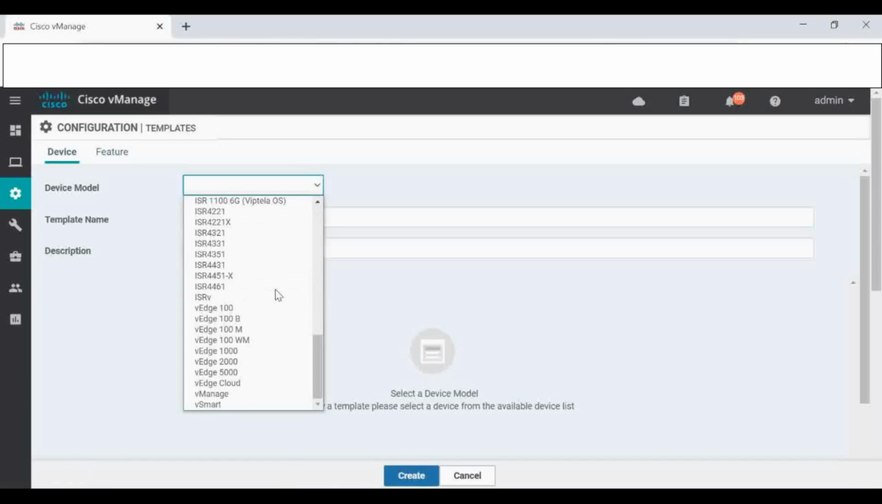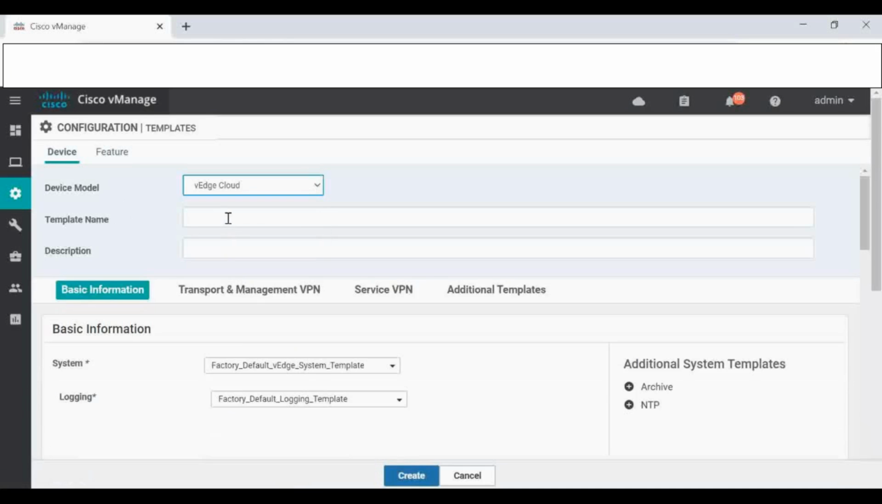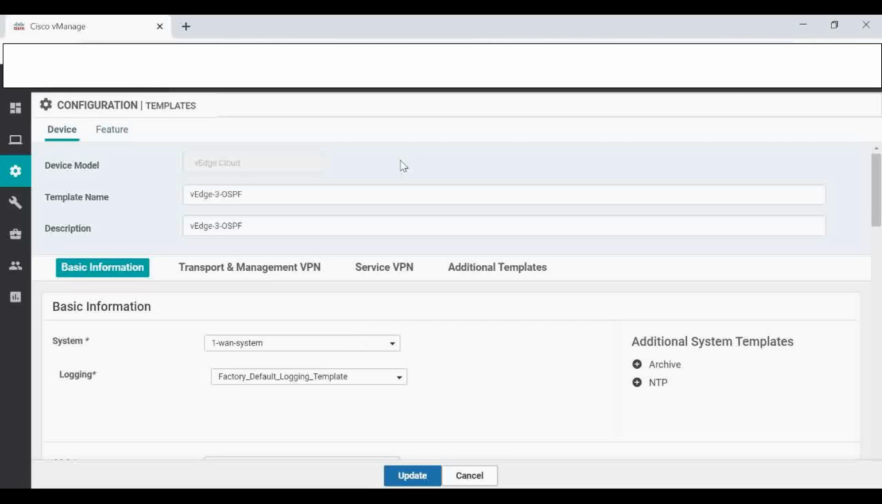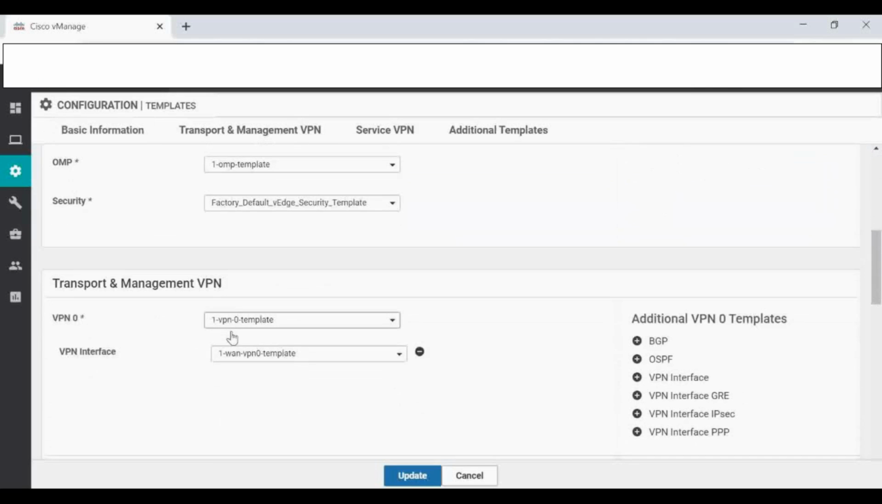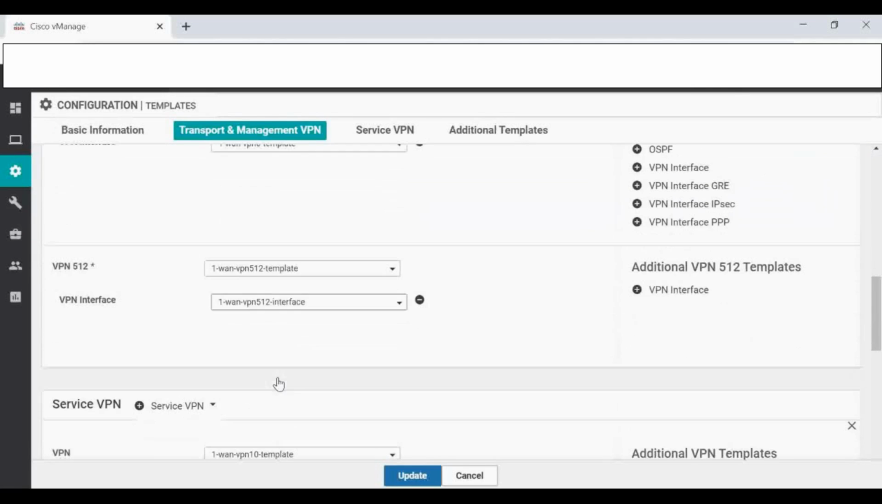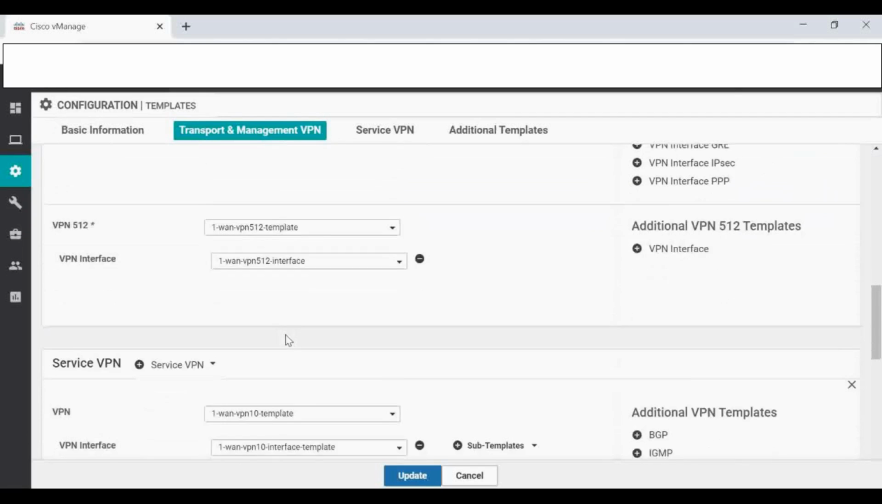So now I'm going to create a new device template for putting OSPF into your VH3 template. I'm going to create this for VH Cloud. I'll just give the VH3 name only. So now I'm going to create a new device template, VH3 OSPF. I'm going to use the existing feature templates in this device template. So for system I gave already BFD, OMP, VPN 0 template, VPN 0 interface template, VPN 512 template, interface template,